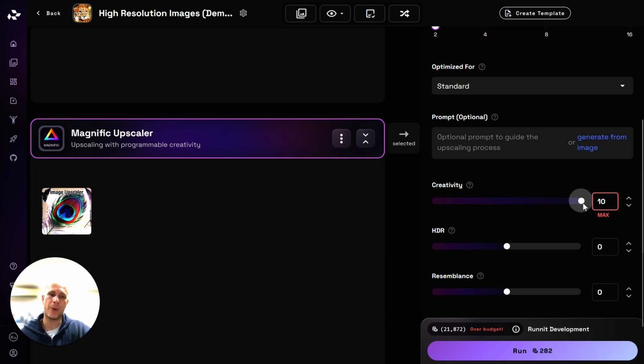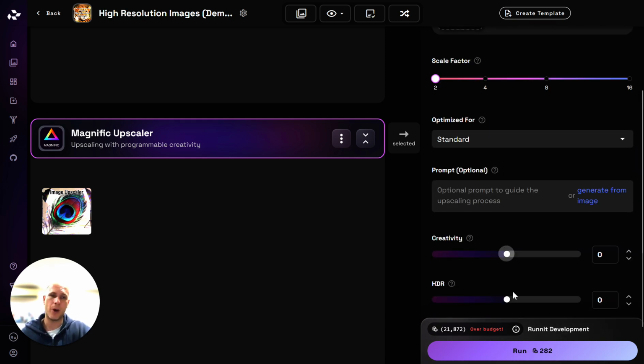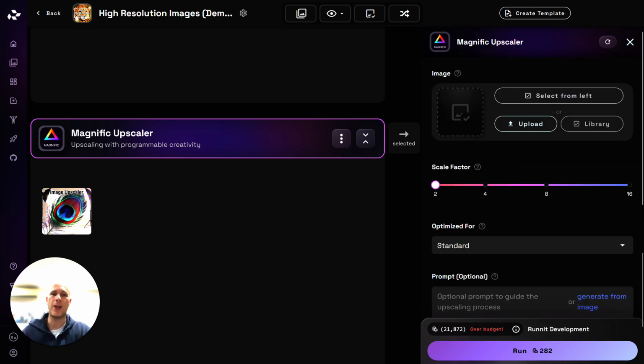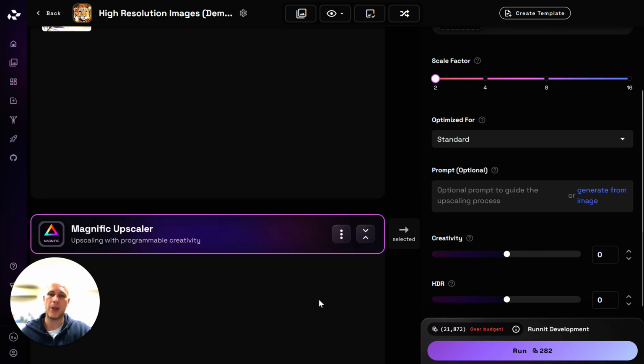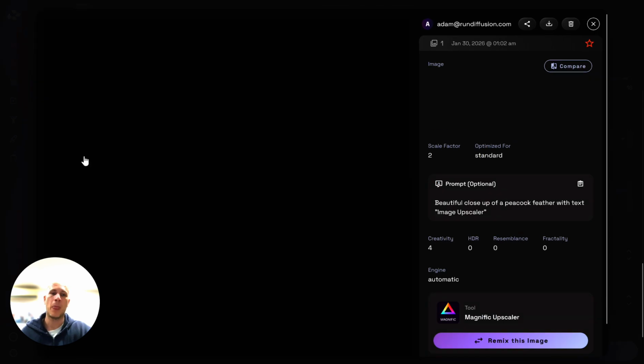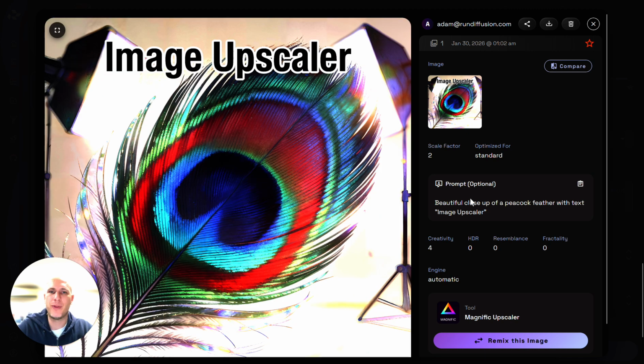So the more you want to put it up here, the more you can change. And you can prompt it here like you would an image model. Just put a prompt there. Now, it won't be as crazy changes as an image model, but it can make some pretty powerful changes. But if you just do a small bit of creativity, like a 2 or 3, it can make some really beautiful little changes. Now, I chose 4 for this one, and it still didn't go crazy